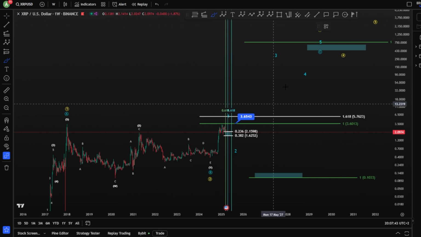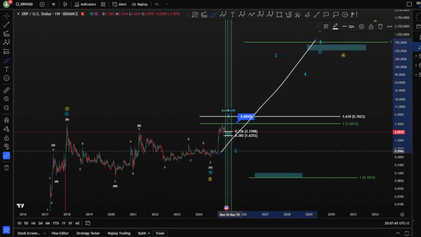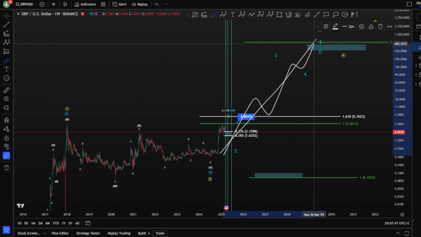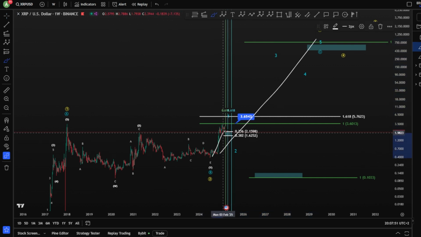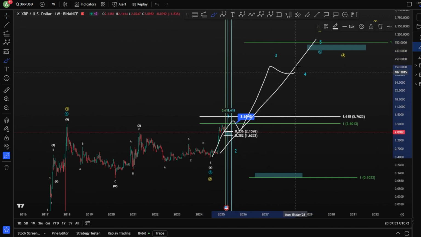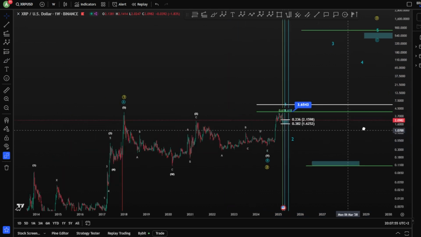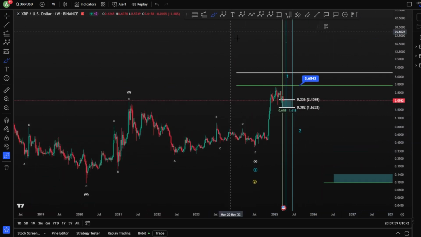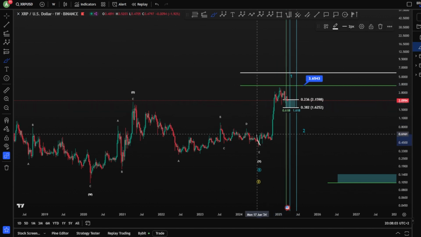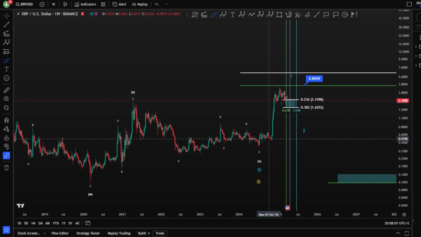Both scenarios or both waves are, of course, an impulse toward the upside, where an impulse has to start with a wave 1, 2, 3, 4, and 5. Currently, we have seen the start of the wave 1. However, this wave 1 is not finished yet. Why? Because we have here a wave 1, 2, and you're looking for a wave 3 potentially finished here, and